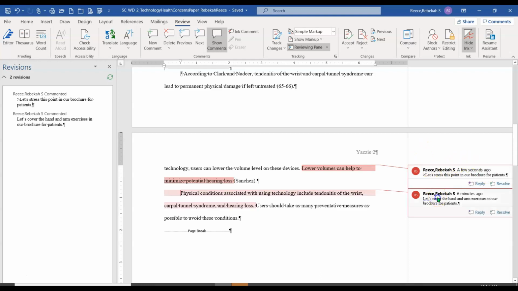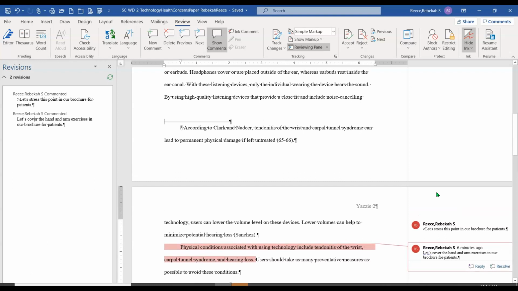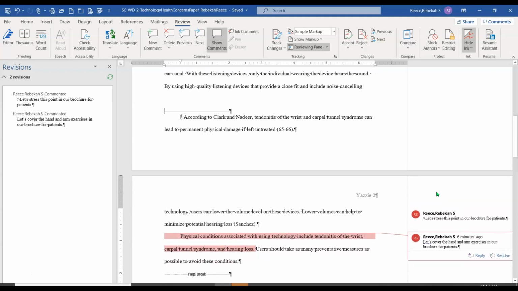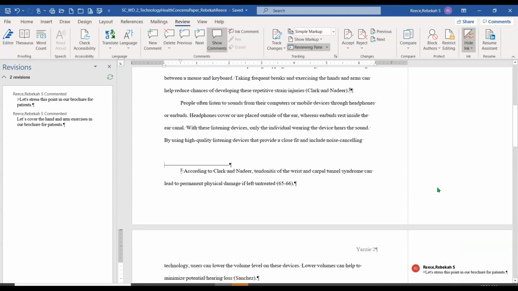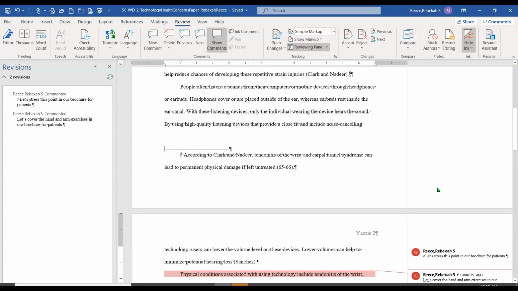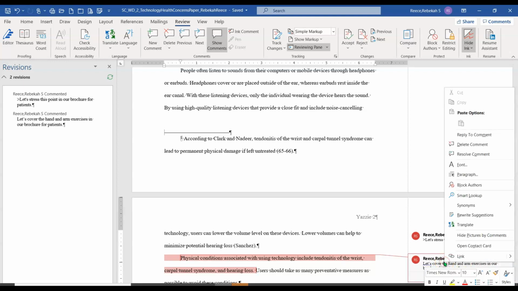Okay, so then they want us to go in and edit this. So we're going to edit, oh, I put that in the wrong place. Well, we can move them. Okay, so let's cover examples of the hand and arm exercises. So here we would go and we can